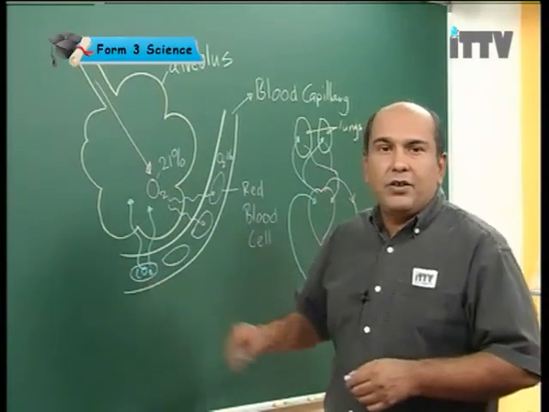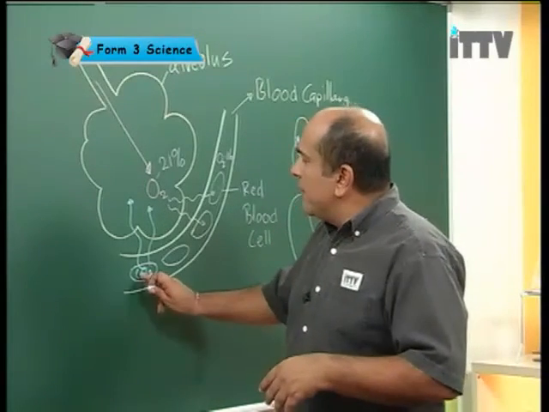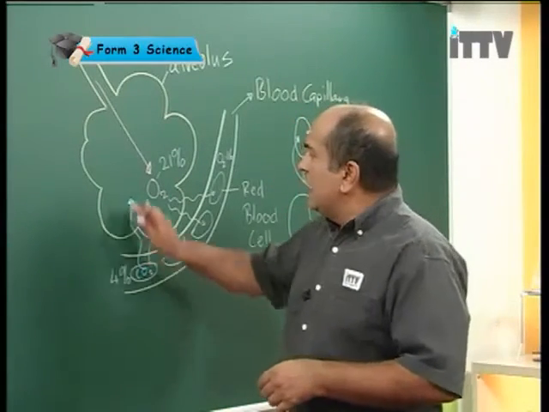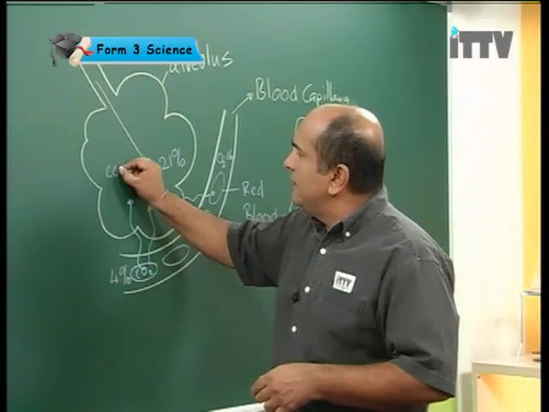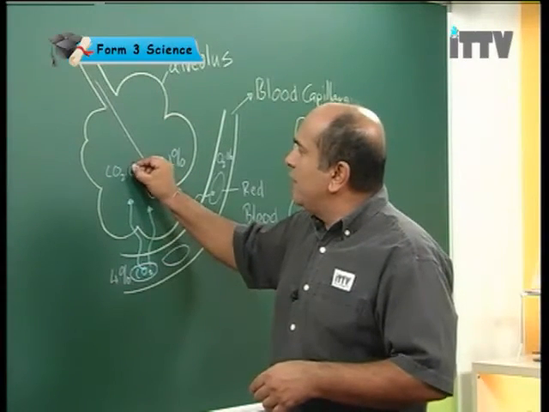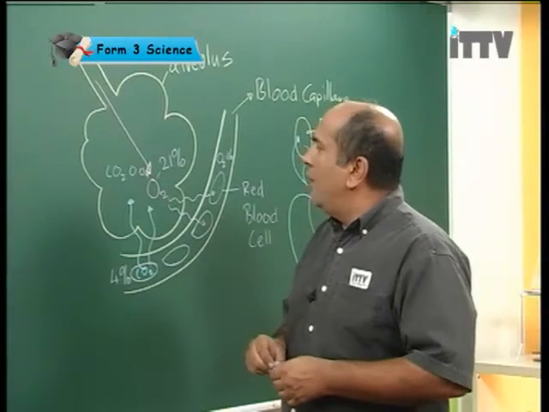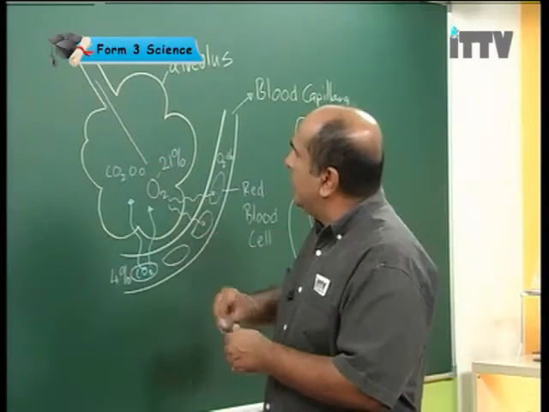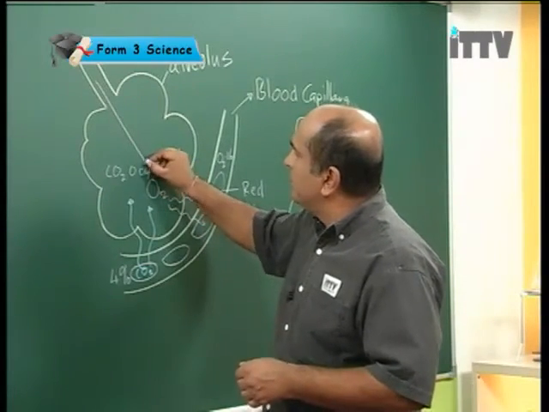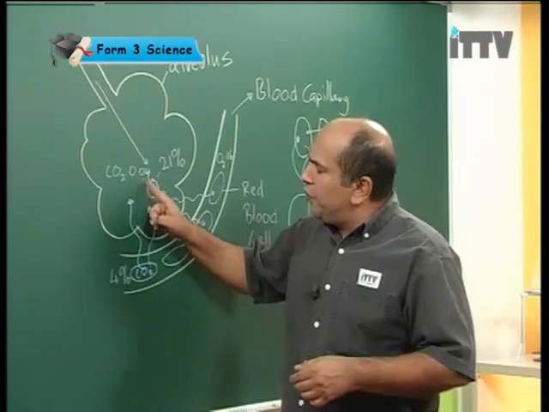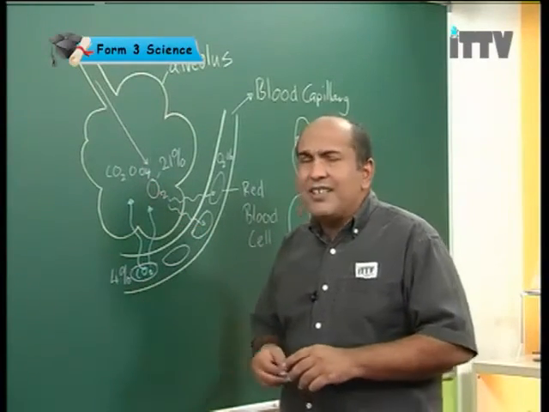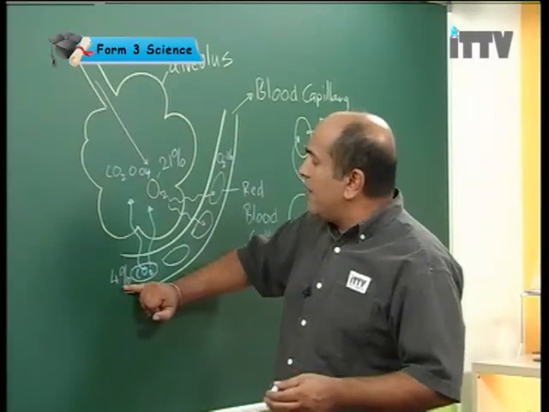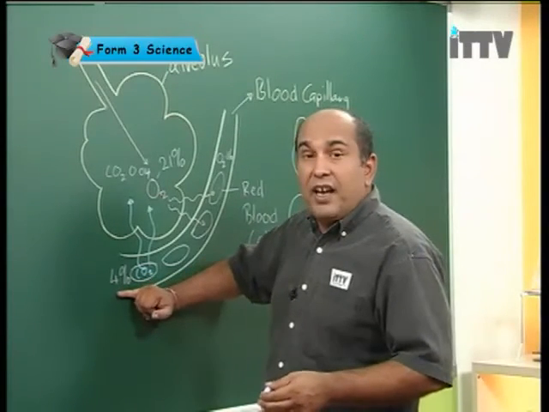With respect to the carbon dioxide, it's slightly different. The carbon dioxide here is roughly 4%. Inside here, the carbon dioxide is roughly 0.04. Because this is 0.04 and this is 4, there's 100 times difference between the two. So you can understand how the carbon dioxide is diffusing from very high concentration